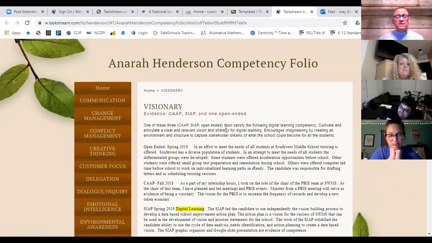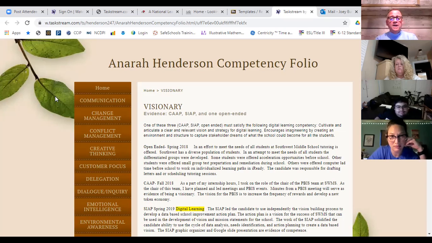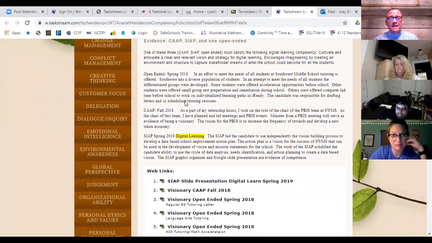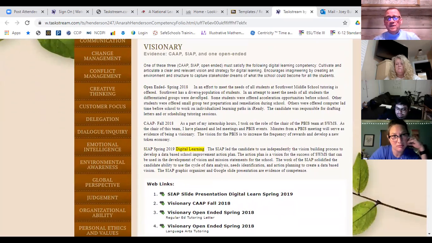You be creative with this. This is yours, and you can change the font, change the color. Instead of a little leaf here, if you want a choo-choo train, put a choo-choo train in there. But it really is yours. But this is a good one just to kind of look at to get an idea of how you need it, what direction you need to head.